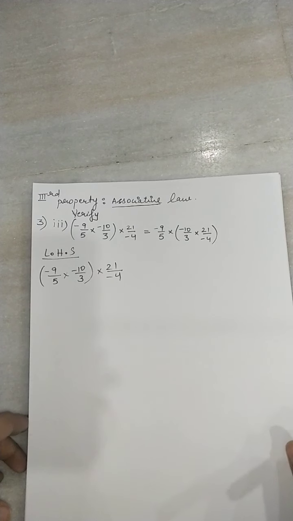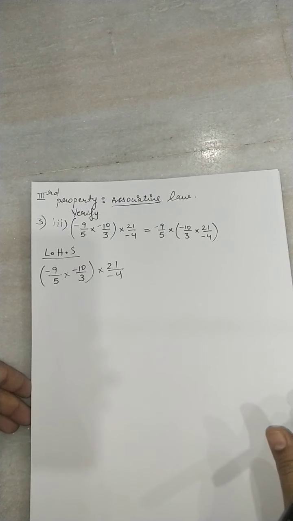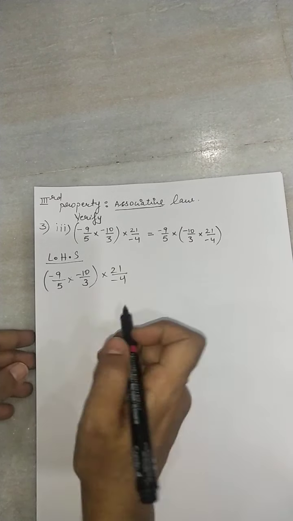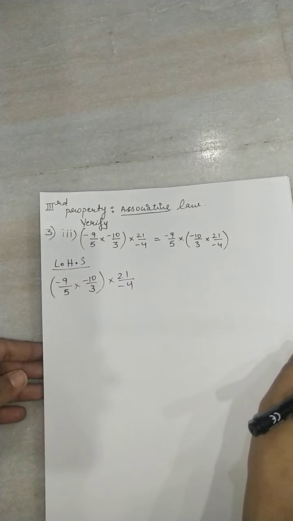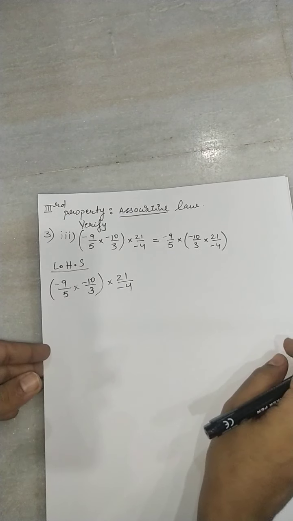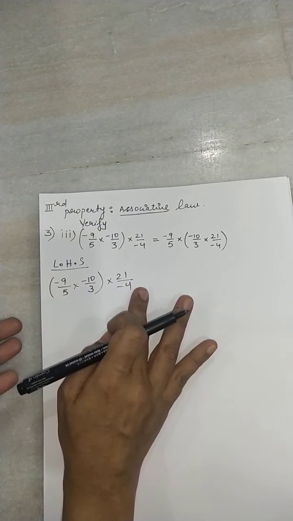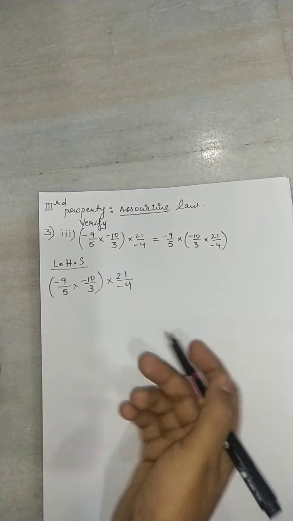Please be very attentive while solving these sums. One single mistake of sign will make you lose marks. So please students, be attentive. It's very easy. Just spare a few seconds and you'll be able to do it very clearly. Now what you can do over here, either you can solve the bracket thing and then multiply, or you can solve all together. Any way you want. I'll solve the bracket thing first.